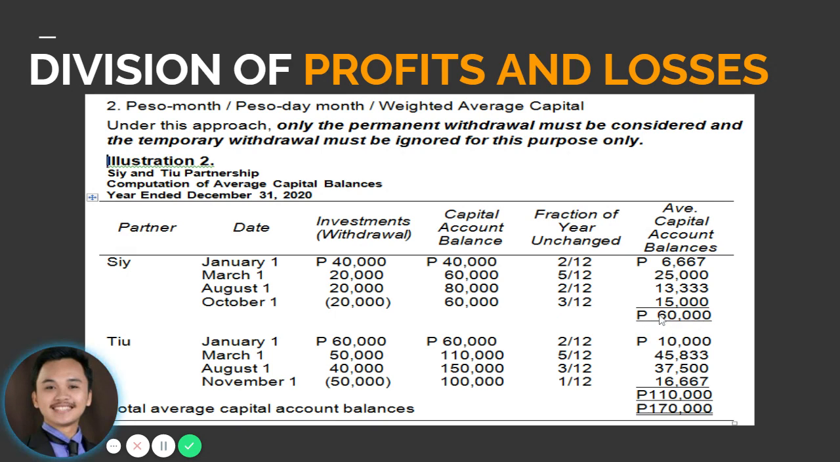So the average capital account balance for C will be 60,000. So same process lang po ang atong gamiton in computing for Chu. So para kay C na ay 60,000, kay Chu na ay 110,000. So ang total average capital account balances sa duha ka partners will be 170,000. And this 170,000 will be used in computing later on the share of C and Chu in the partnership profit